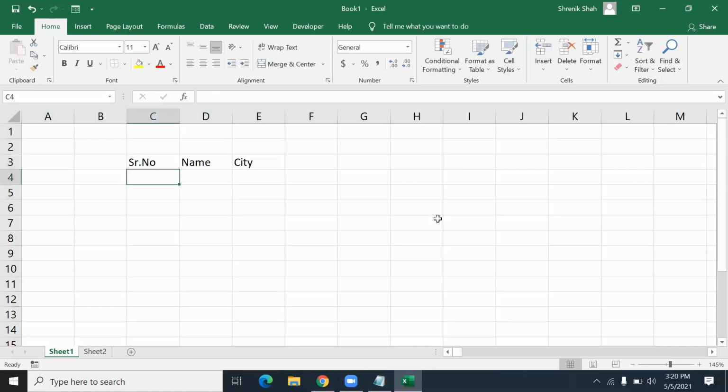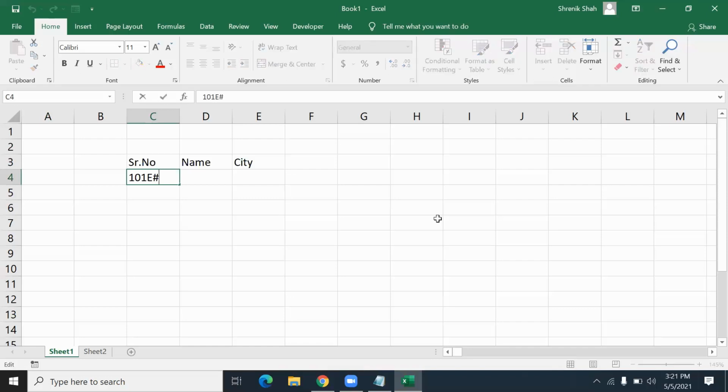When you type any value in Excel and mistakenly make some mistakes while typing, to erase that you can use backspace, that is okay. But what happens sometimes is I want to remove the value 101e#. I'm typing a serial number, but here e# is wrong. If I press backspace, it will delete everything. So without directly pressing backspace, first you have to press F2.